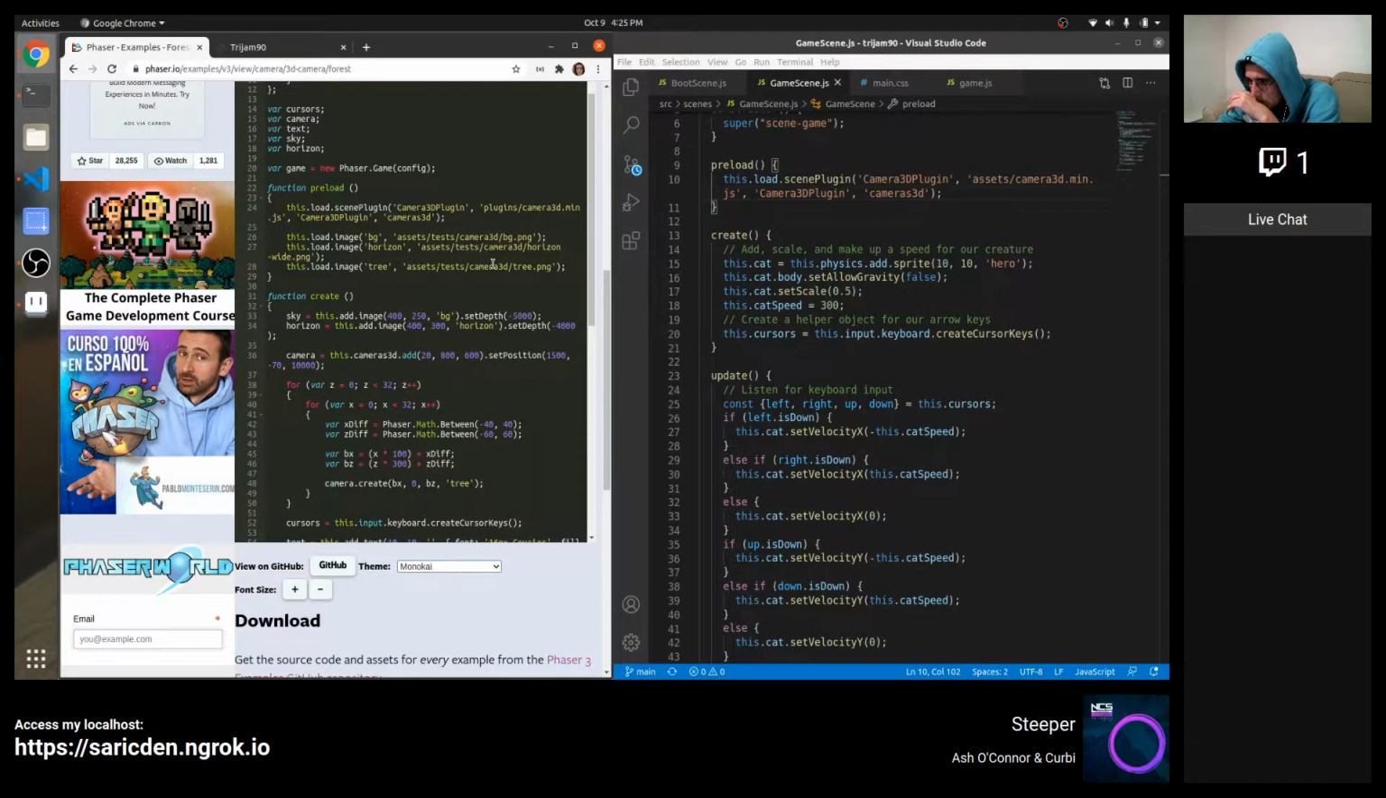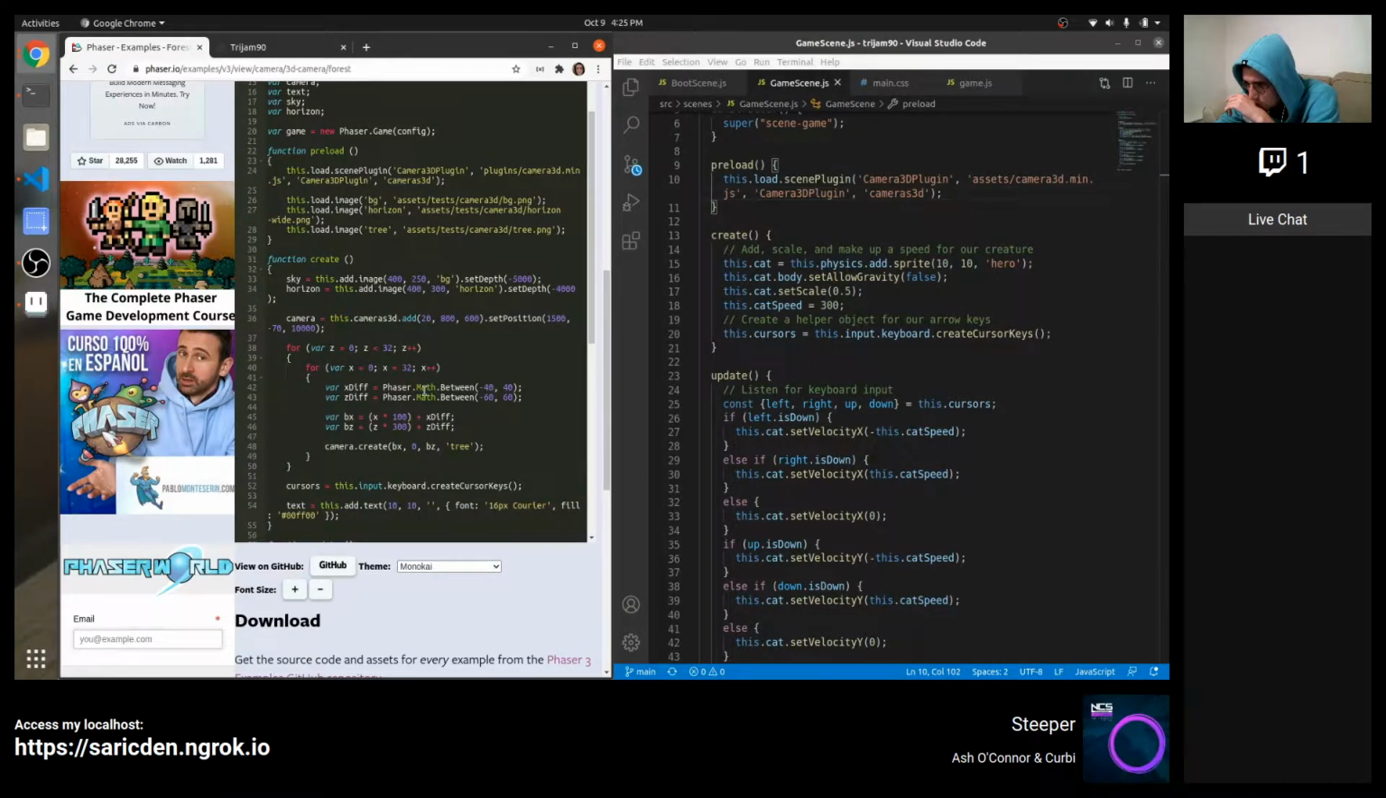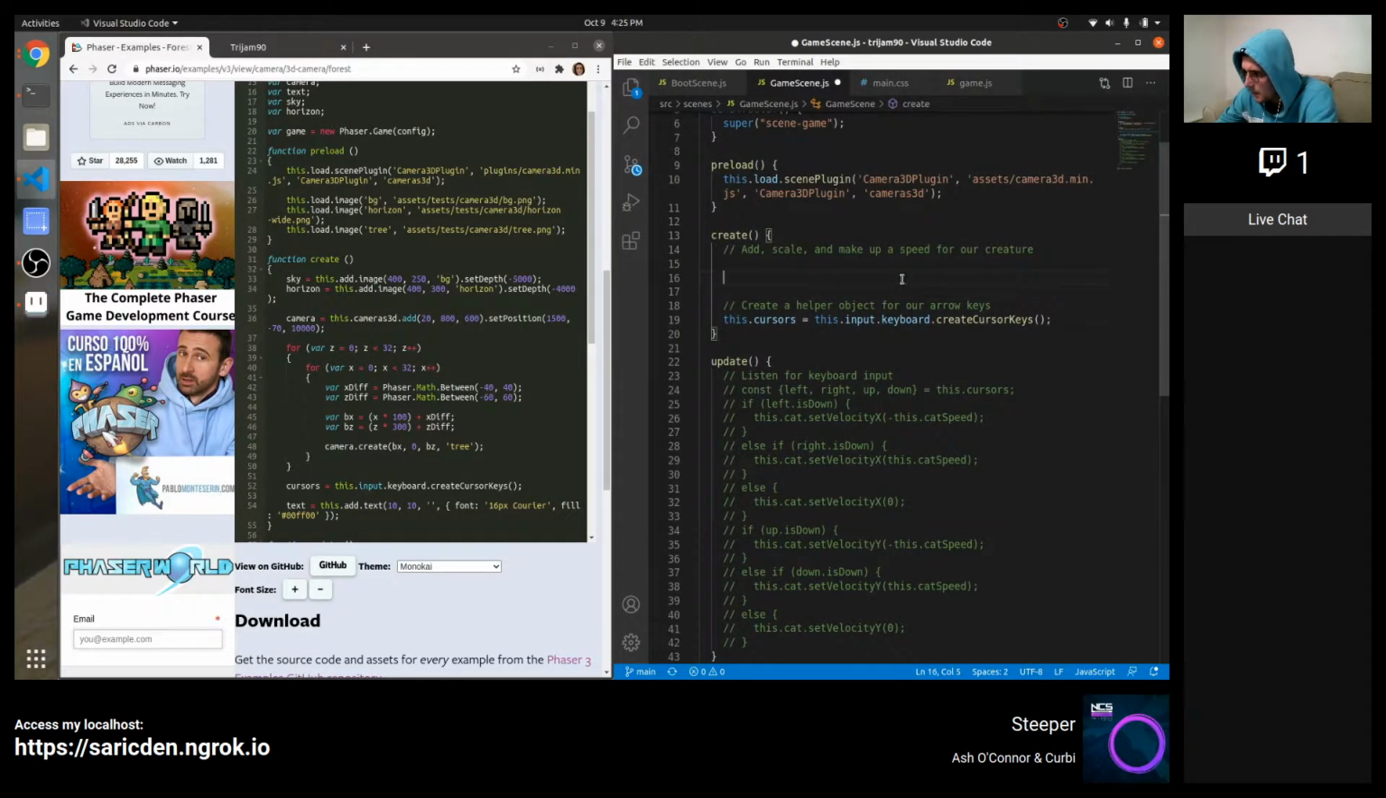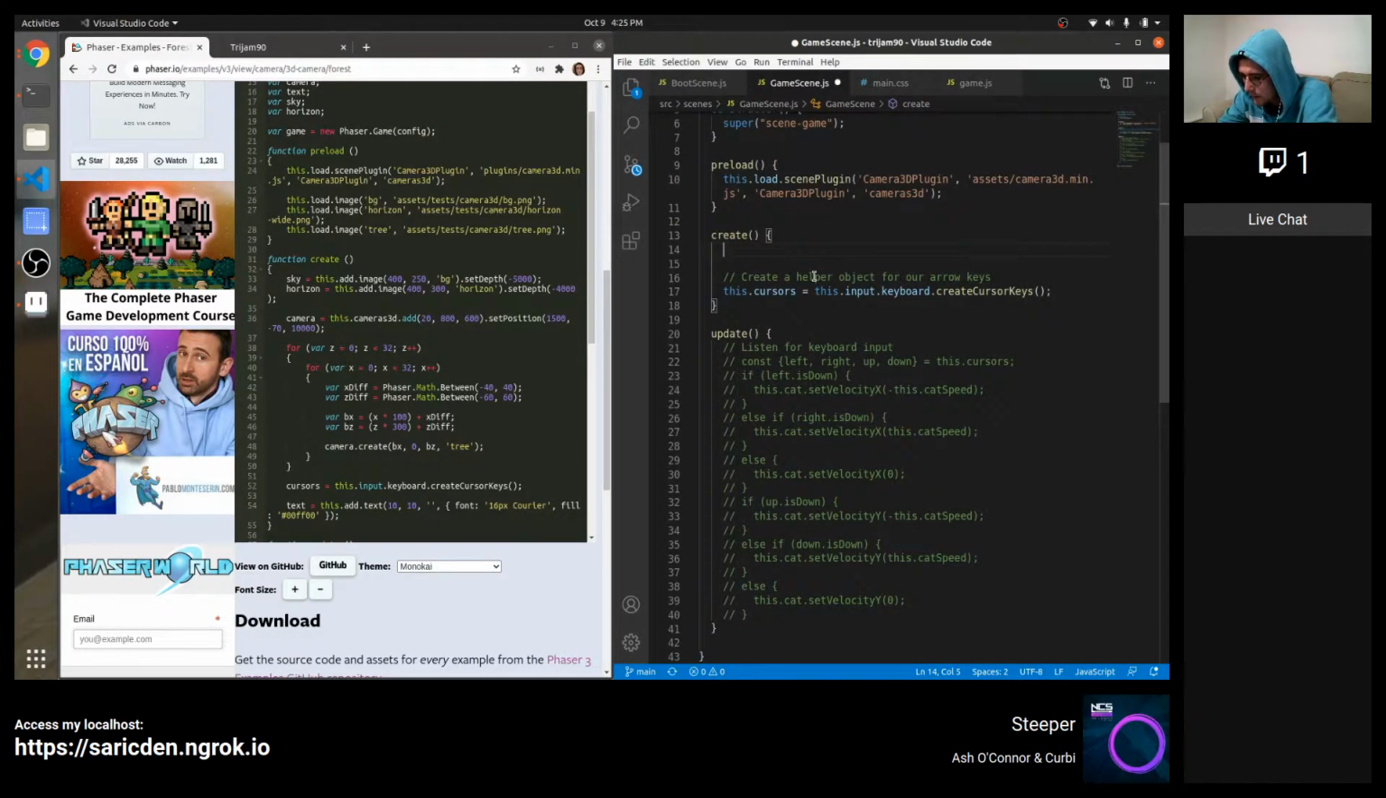Now, let's see. What can we do? Okay, so now it looks like the thing we're going to want to do next. Now I can get rid of all this and comment this out for now. Don't really need that comment there. So we'll say this.cam equals this.cameras